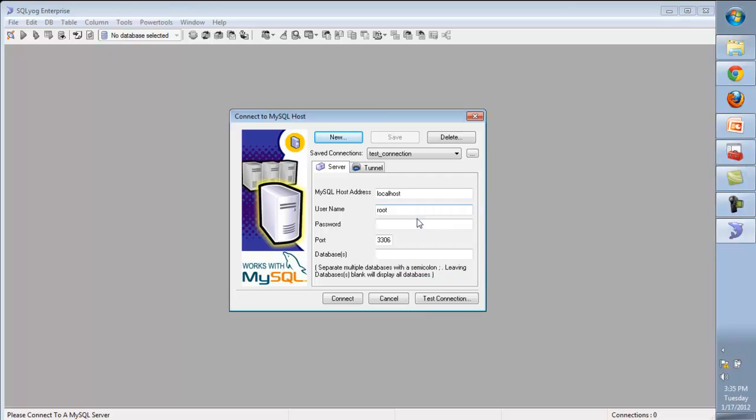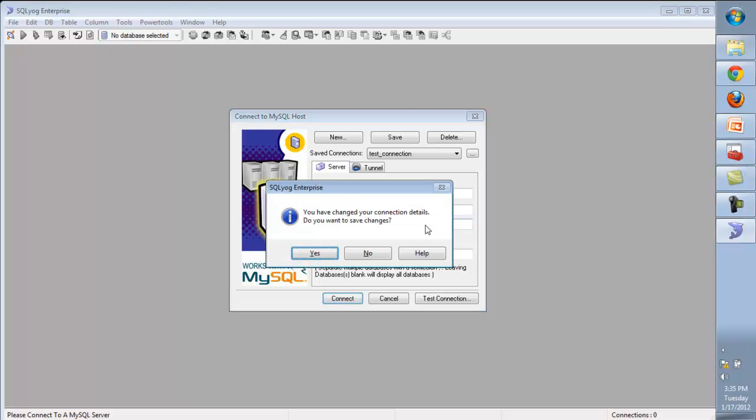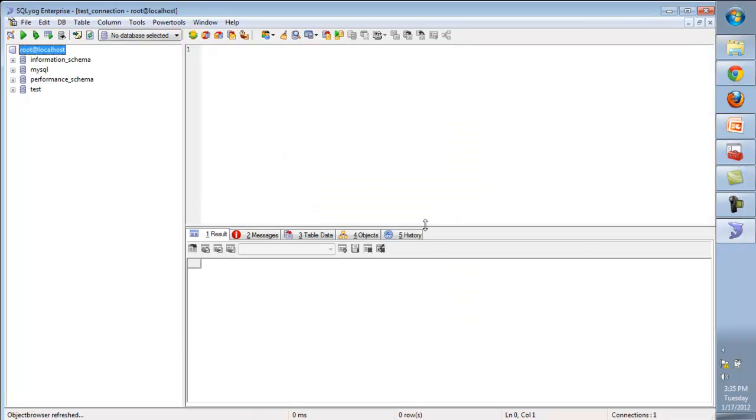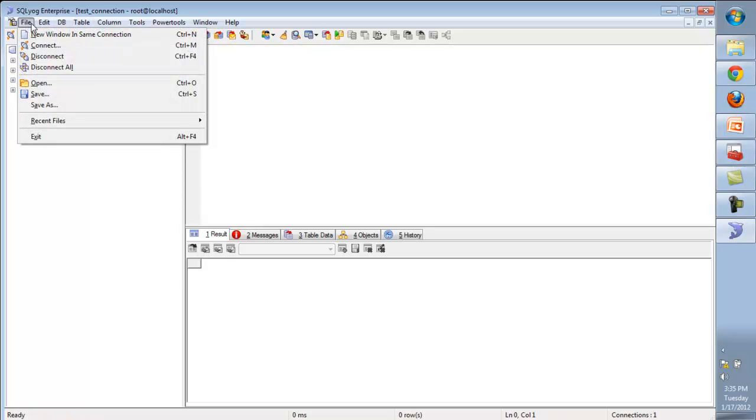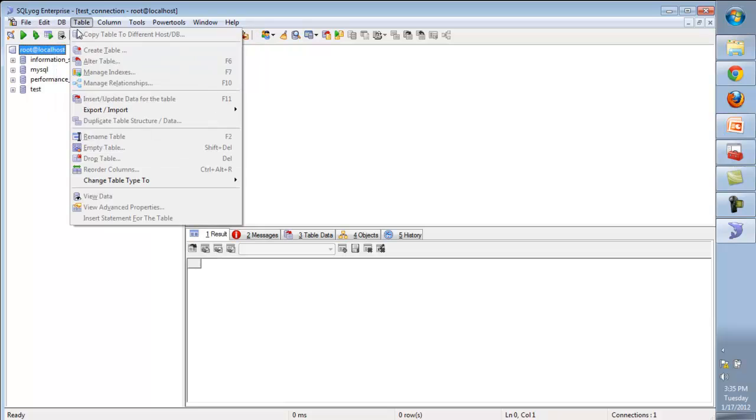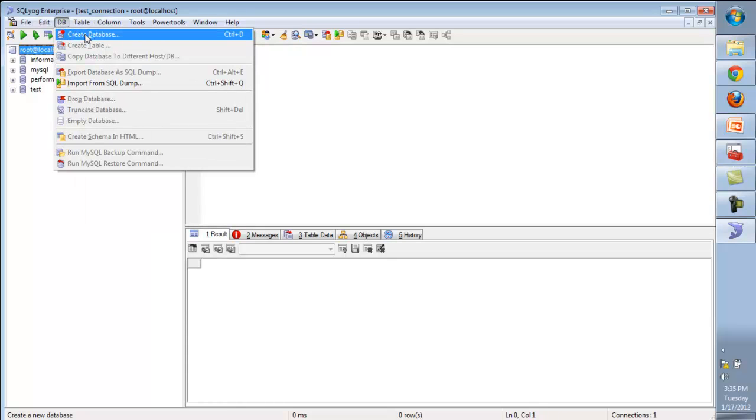So over here you need to give the same password that you have given while configuring the SQL server. You need to write the password as PASSWORD and you need to click on OK. So the first thing is that you need to create a new database. To create a new database, you need to click on this DB menu and then you need to click